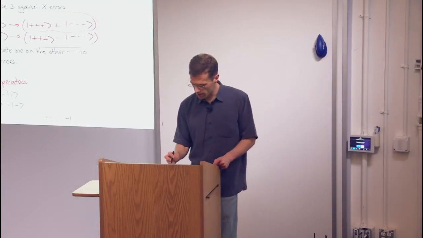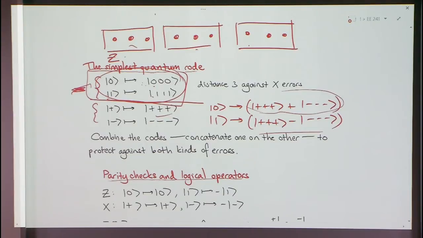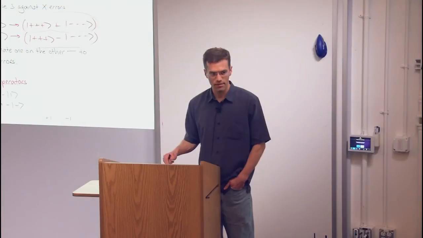But in this code, it's particularly simple, because say you have a Z error on the first qubit of this first code, that's equivalent to just a Z error on the encoded code words, right? Because it has the effect of switching the relative phase between these two, which is the same as an encoded Z. Yeah. All right. To establish that, this needs to be proven.